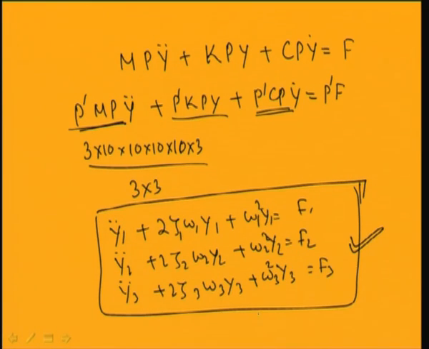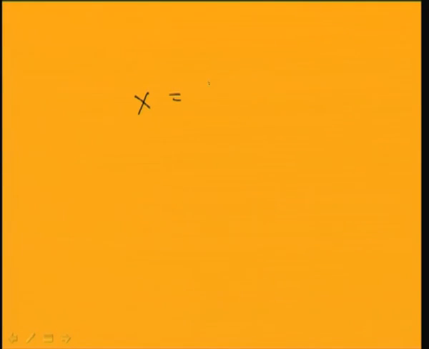So after finding y1, y2, y3, you can obtain x equal to P y and you can obtain the response of the system. In this way you can solve the problems of a multi-degree of freedom system by using this normal mode summation method. In multi-degree of freedom systems, we know how to find the equation of motion, and also how to find the response of the system by using the modal matrix method. We have used this modal matrix method for free and forced vibration of the system,